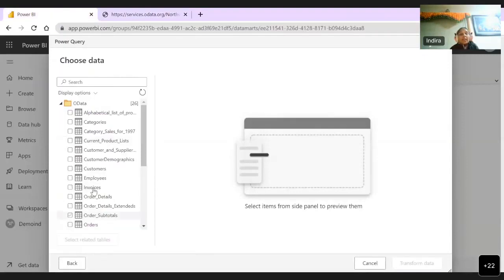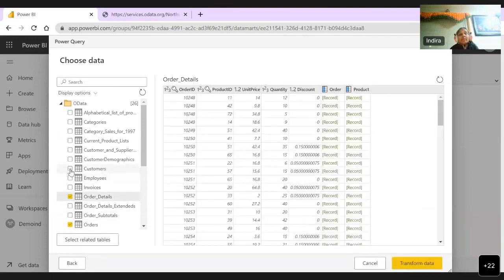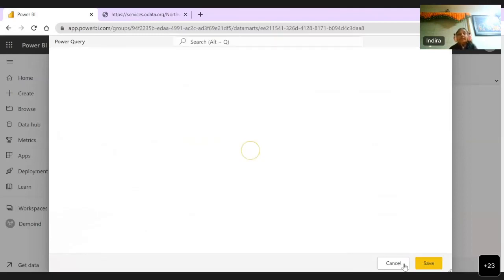I'll just take a couple of them, let's say order details and maybe customers. I just want to keep it simple. So I'm loading only these three tables. I'm going to click on transform data,